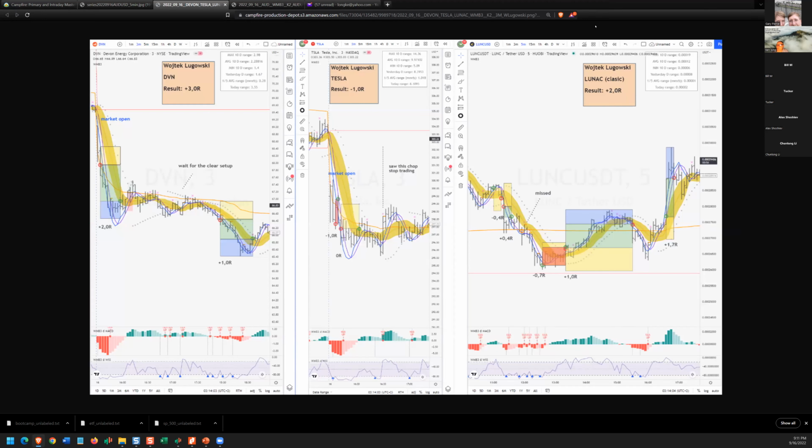This is Woj with his series. So Devon Energy, he smashes it good. Here's the market opening, immediately sells off. It moves 2 risk boxes off the open, and then he gets short with a 1 risk box trail. Hits it for 2. He sees it getting lower highs.